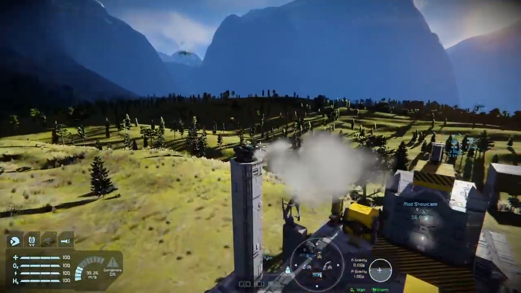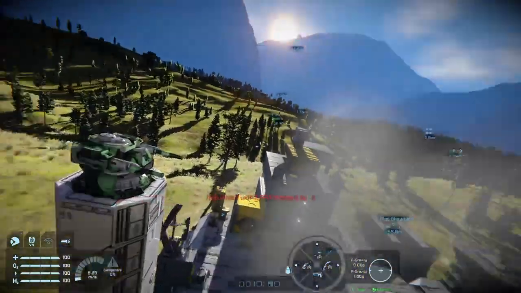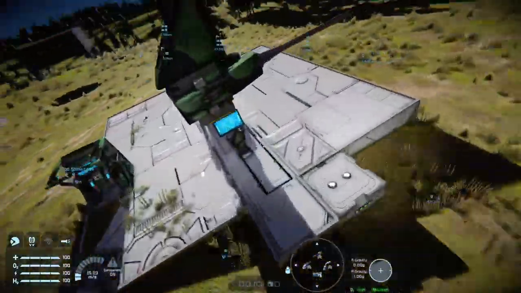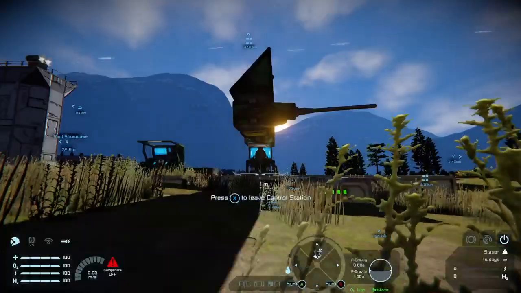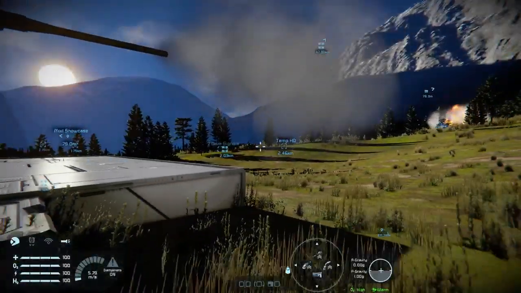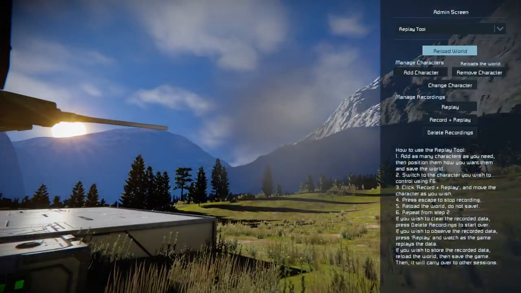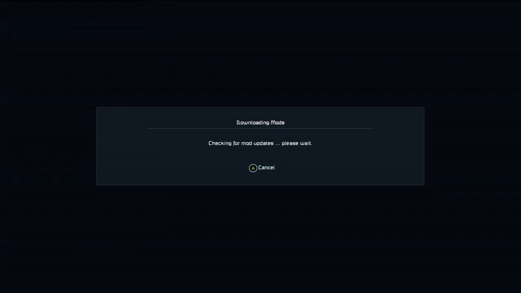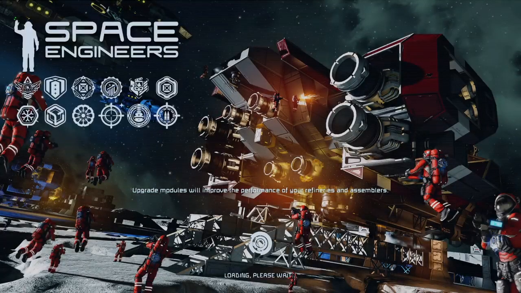And pre-built turret as well. This one's not doing too badly. So let's just do what I said before, reload world, and this time we're going to build up one of my more favorite turret types, and this is going to use the technique taking a large grid and turning it into a small grid.